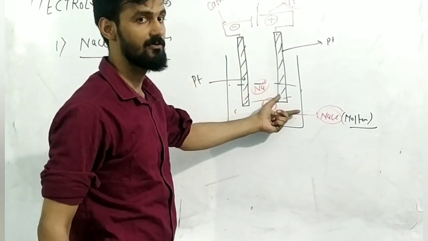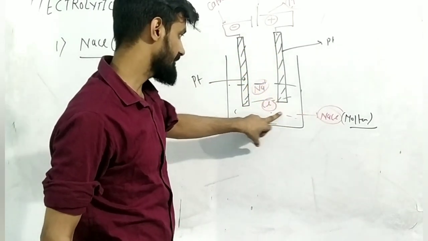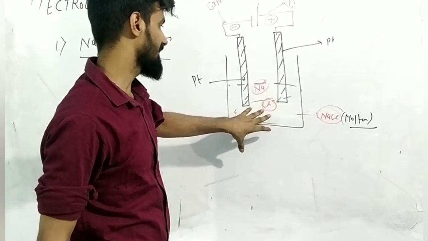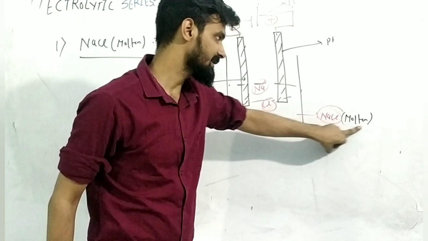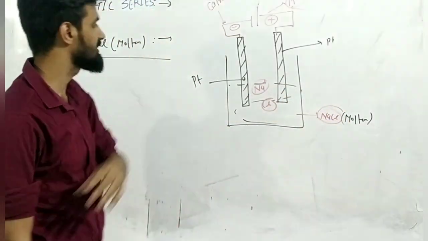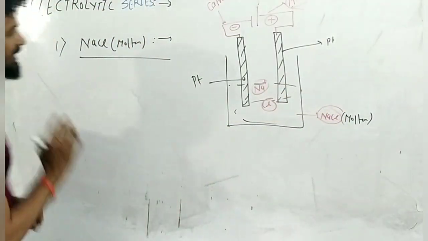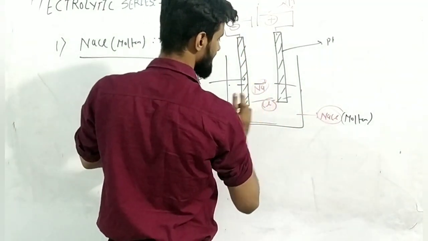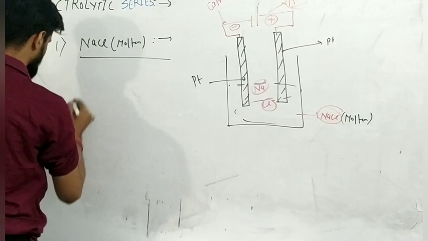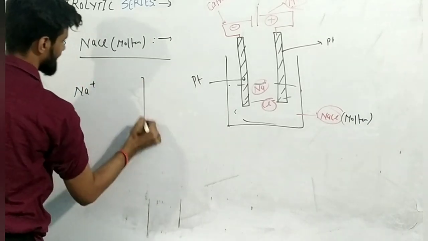Which product is going to be formed? Okay. At the time when you are going to determine the product, the thing becomes very different for molten solution and aqueous solution. So you just have to differentiate in this way. Okay. So if there is a molten solution of NaCl placed in the cell, then Na+ is there and Cl- is there. Understand? There is Na+ and there is Cl-.